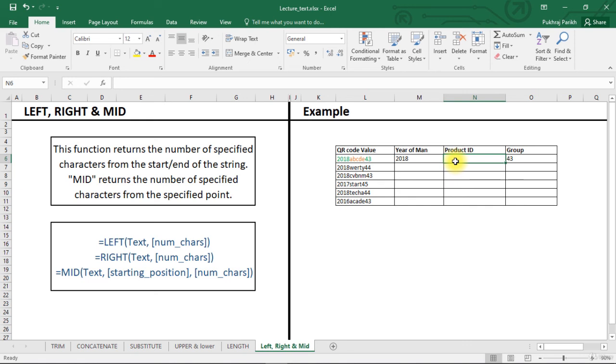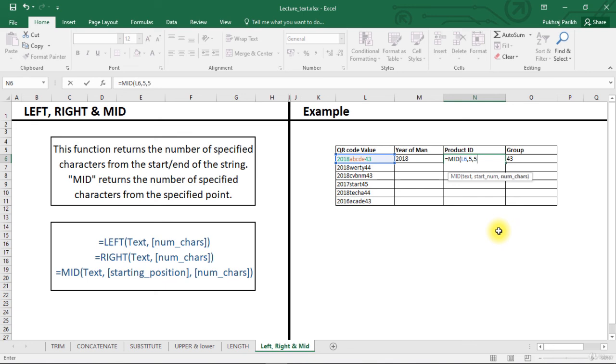Mid is like left. The only difference is that you can change the starting point for the count. For example, if you want the 5th to 9th characters from this QR code, you type mid, select the string, give the starting point, which is the 5th character, and then give the number of characters.